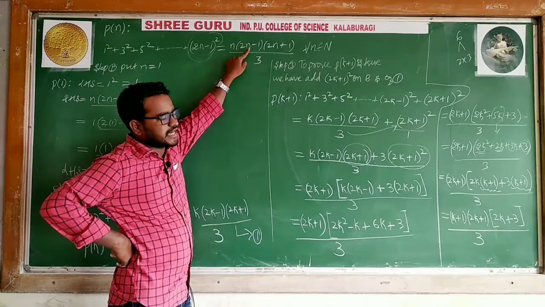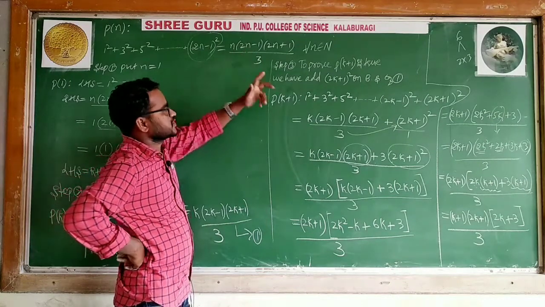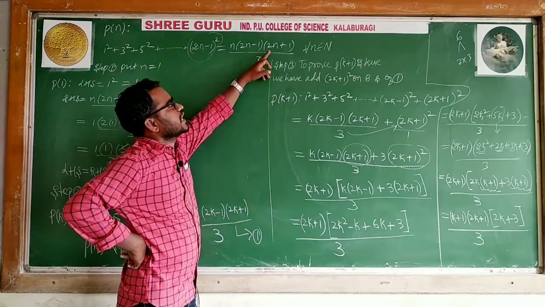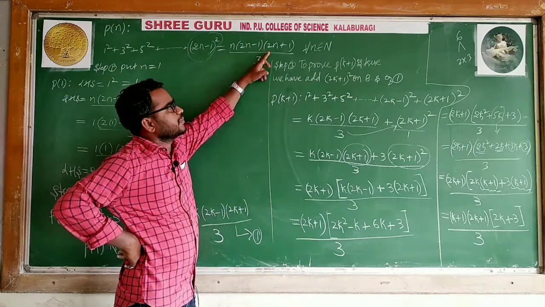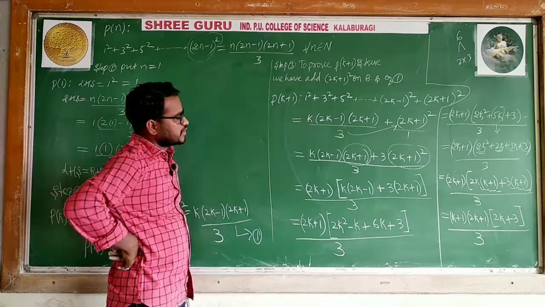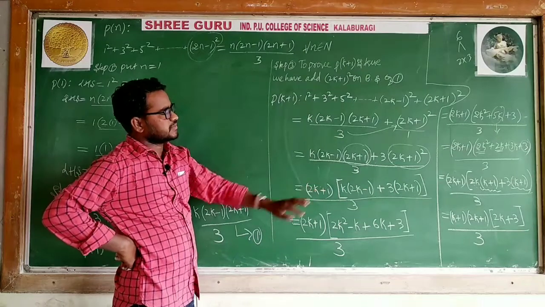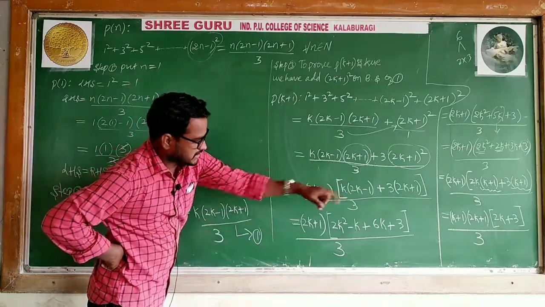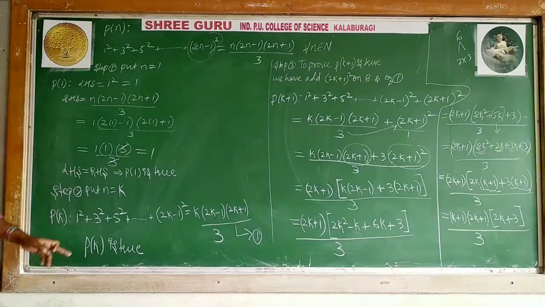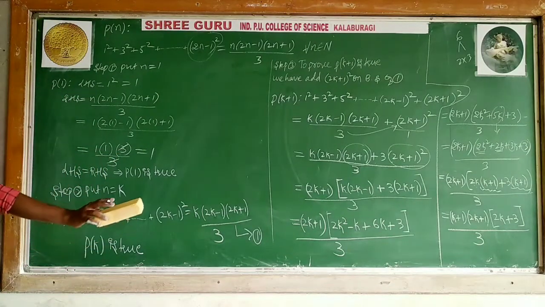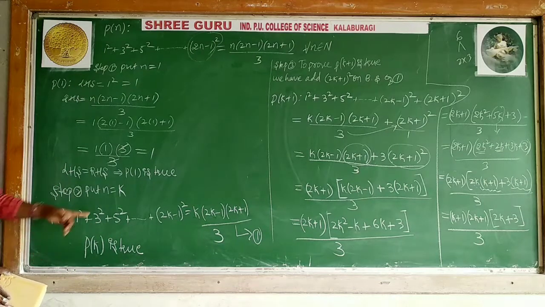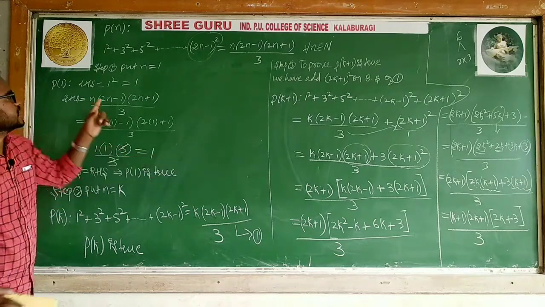Using mathematical adjustment, I can express it in that form. Instead of getting 2n plus 1, 2n means I need to get 2 into k plus 1 plus 1. But there I have 2k plus 3, divided by 3. So that I can express another term. I think it is complete. This first term I will make a simple adjustment. Is it clear? First step and second step you have to complete. I will continue that step here.